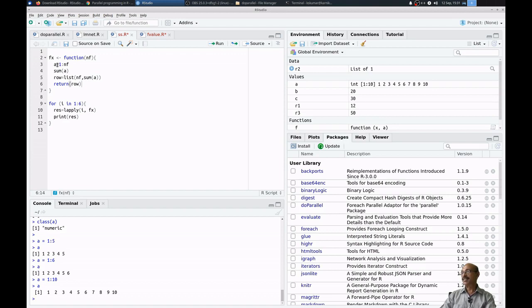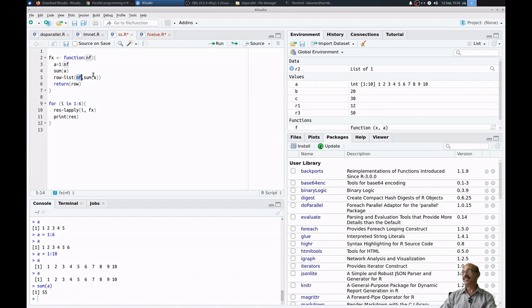Then I will write A is equal to 1 to n; if n is equal to 2, I will write 1 to 2, so 1 and 2. Then find the sum of this. See, this is A. If you type sum of A, it will give the sum of all these values, like 1, 2, 3, up to 10, and the sum of 1 to 10 is 55. So it will sum it up. Then I assign both numbers, nf, the value passed, and the sum, into a variable called a row. What is the type of that variable? It is a list. So two values, nf and row. So that is how I returned it.